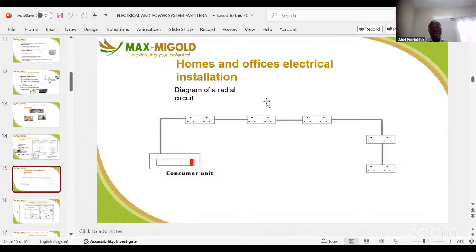So you are meant to ask questions, because once they finish building, they will leave it for you. You start running helter-skelter. When you are sleeping, they will call you: there's a cable issue along the ties. You start breaking ties, you start relaying the cable, because instead of them using or adopting the right option, they went and compromised standard. So that's why this class is very, very important and necessary for you, so that tomorrow you know what to